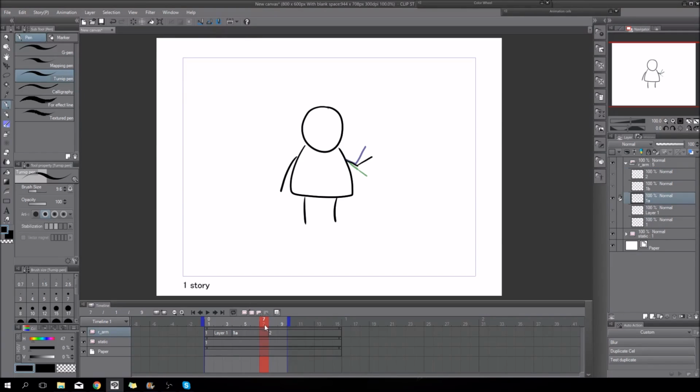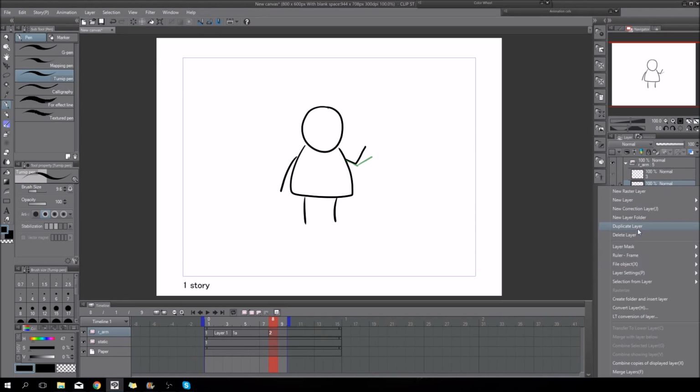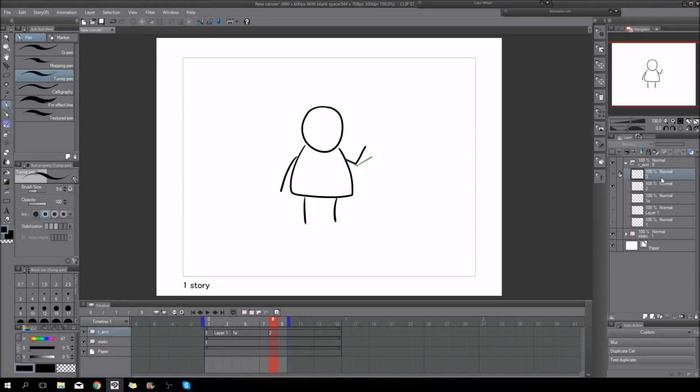So what I can do now is, I know I want the frame number 2, or the layer number 2. I see I still have my 1B layer, which I don't want. Now you gotta watch out and keep it all clean and nice. So I'm taking my layer, which is named 2. I drag it and duplicate it. I can also just right click on it and duplicate layer.